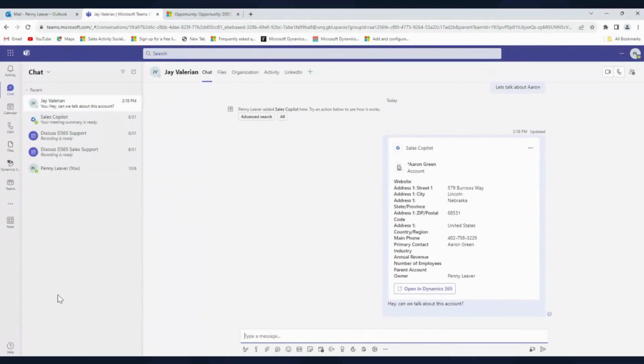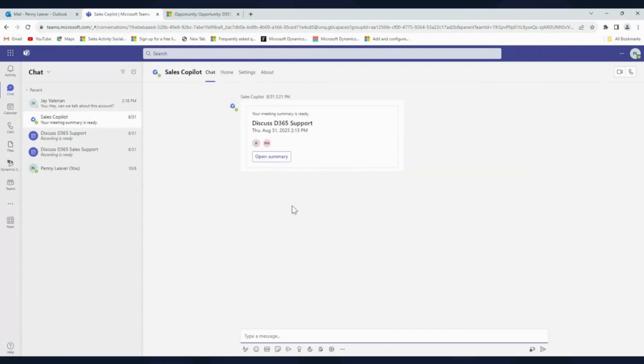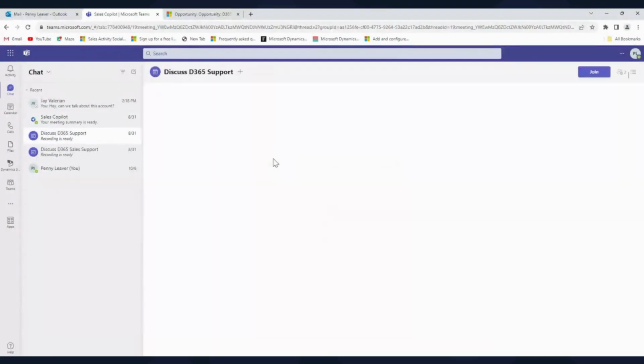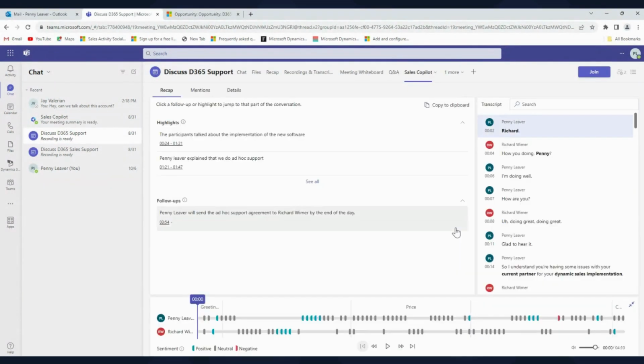So one of the other features within Teams meetings is that if you have a contact that's connected to a Teams meeting, Sales Copilot will be added to it. And then once you finish that meeting, Sales Copilot will send you a summary. This is a conversation intelligence feature of Sales Copilot. So you have to record and transcribe the meeting, but if you do, you get this really great summary and